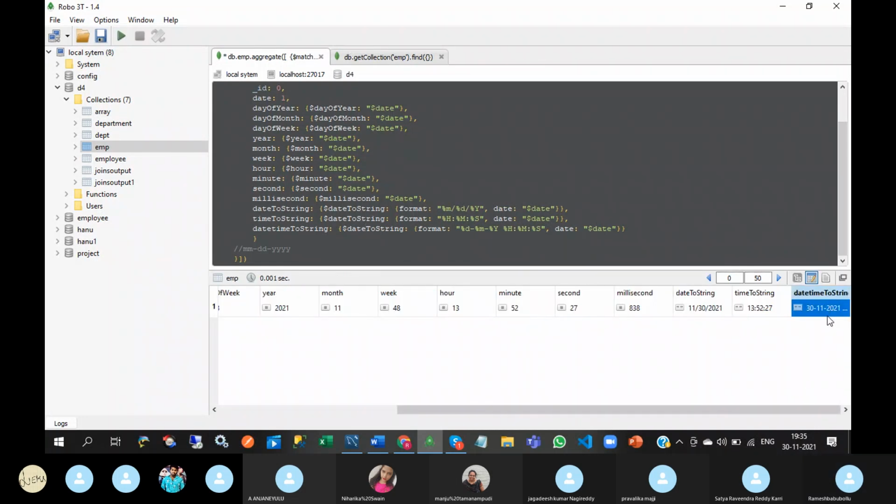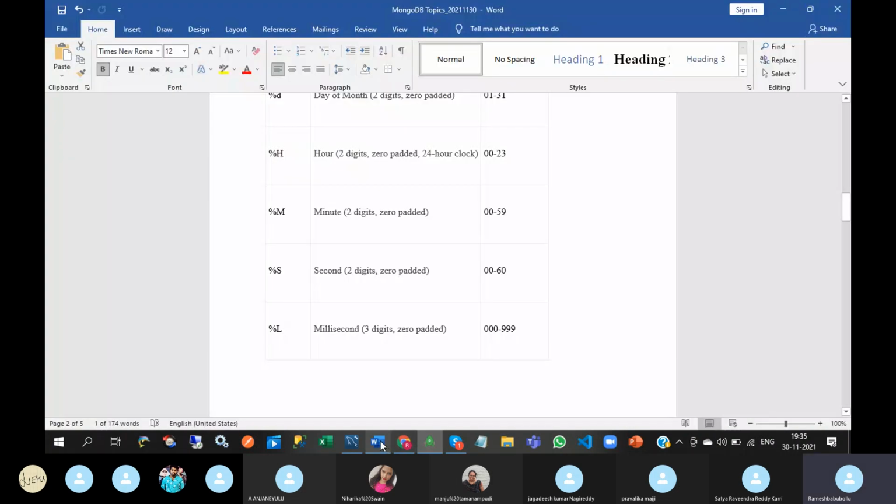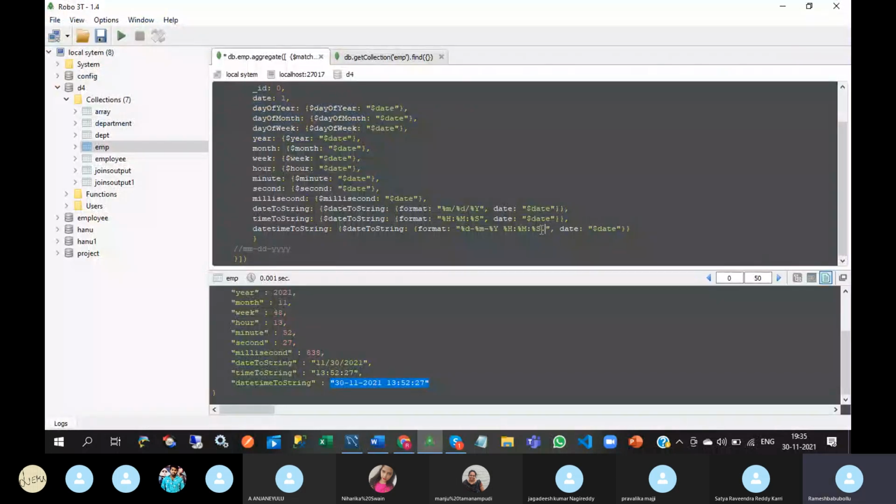Yeah. So see this, like that we can construct. So if you put dot percentage L milliseconds, okay, milliseconds also displayed. So this is about date time.